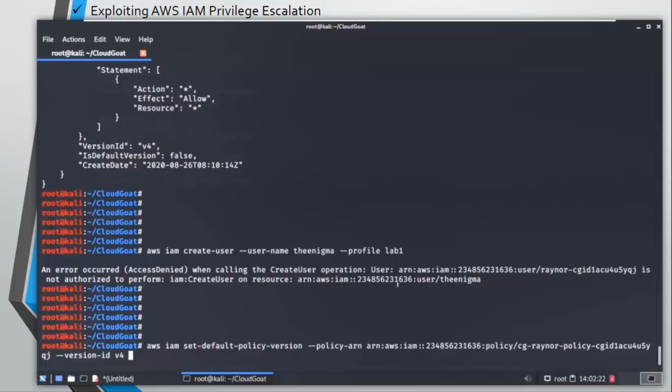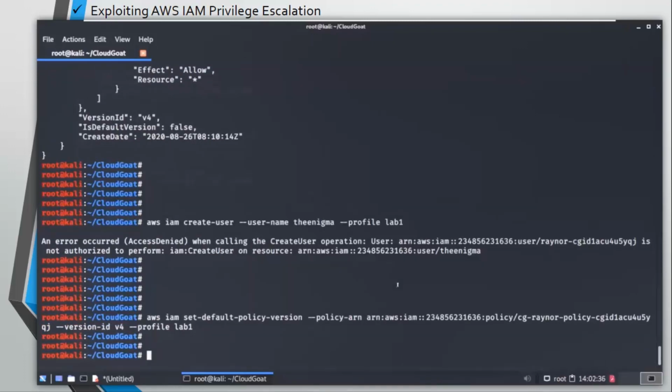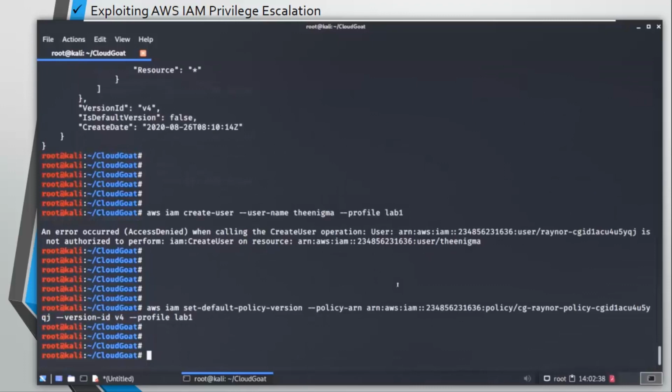So we are going to make version 4 our default policy version, --profile lab1, and press enter, and boom, it's done. Let's see if we can create the user now.